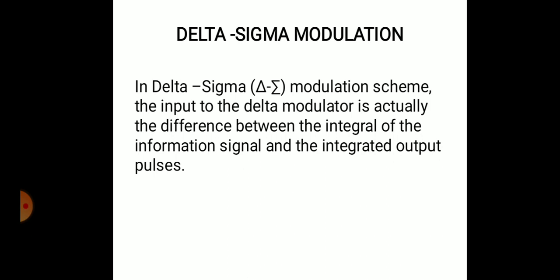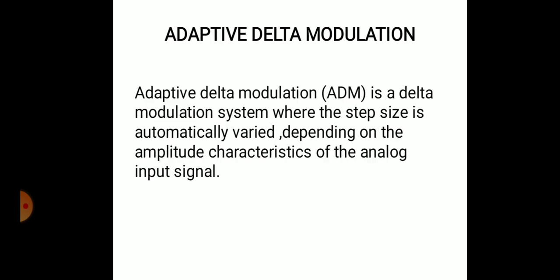And one thing you must remember, that delta sigma modulation is able to achieve improved resolution, but typical sampling rates are on the order of 64 times the Nyquist rate. So more number of bits are needed to transmit it as compared to that required in a PCM system. So this is delta sigma modulation. Similar to delta modulation, just an extra point is added here, an integrator or low pass filter.